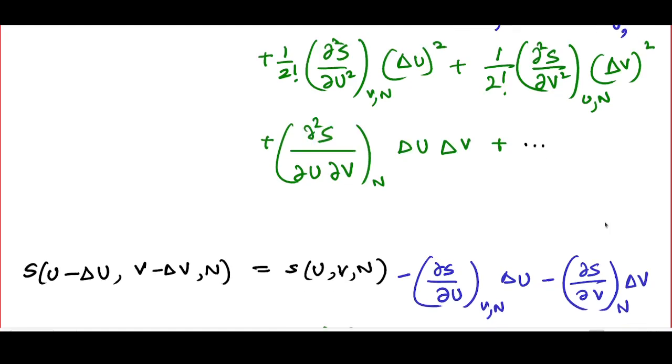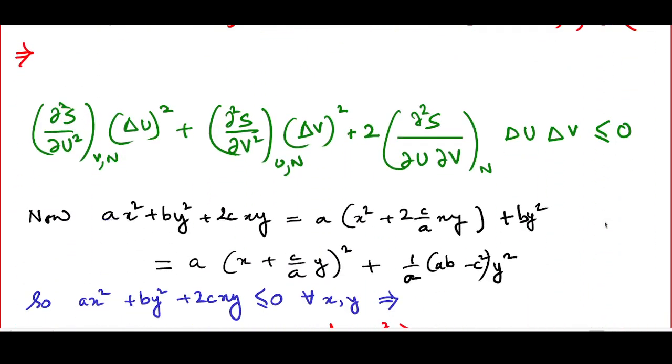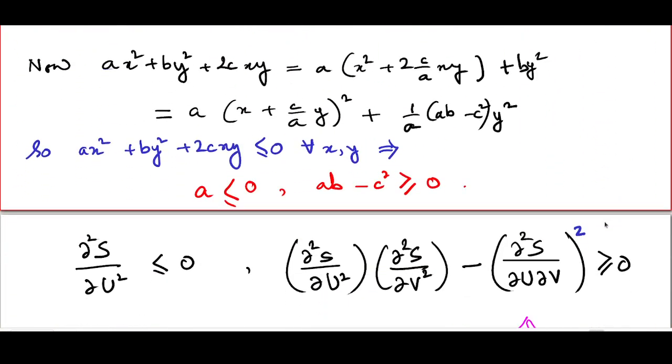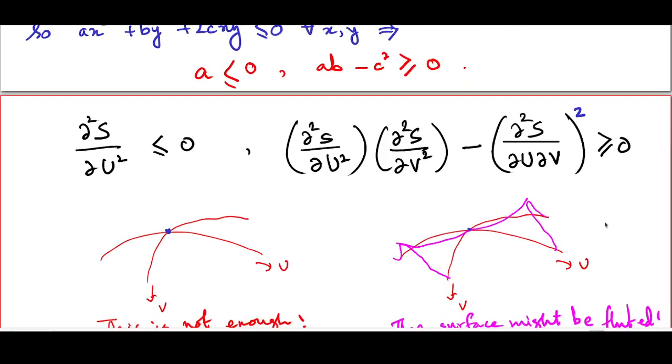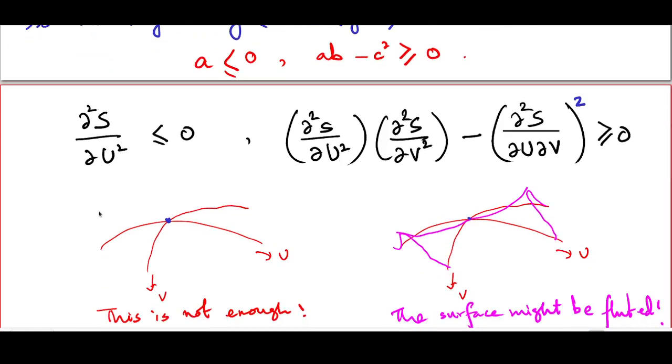Now, let me just draw a picture which tries to depict how s changes as you change u or v. This is a rather crude picture in which I have not drawn the entire surface, but I have drawn two lines. This line indicates how s would change as you changed u and u alone. So, this is actually delta v equal to 0. Similarly, this line corresponds to delta u equal to 0. This is the point u, v, n, and as you move along this line marked v, only v changes,